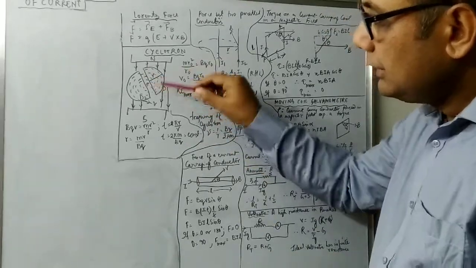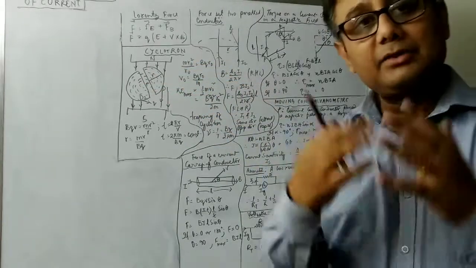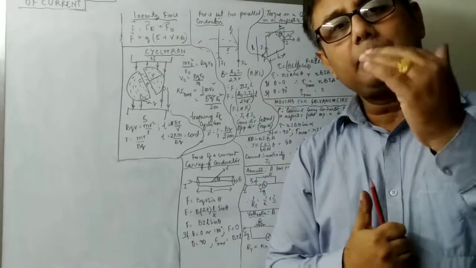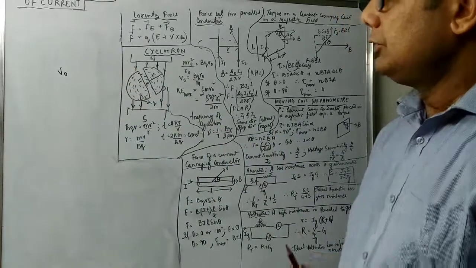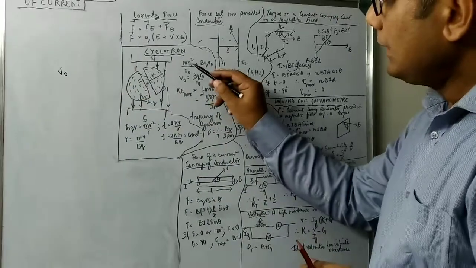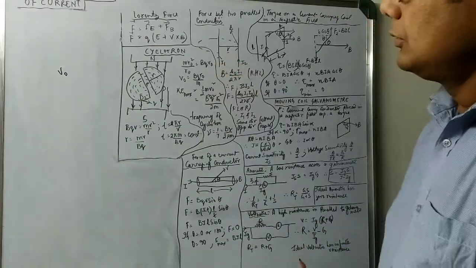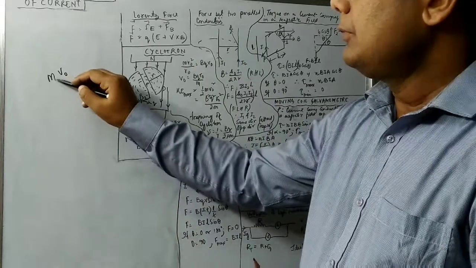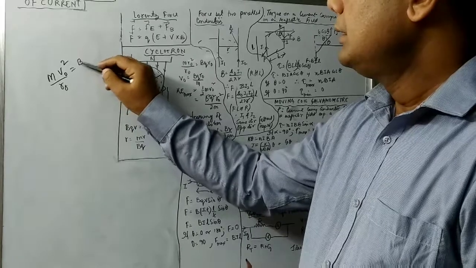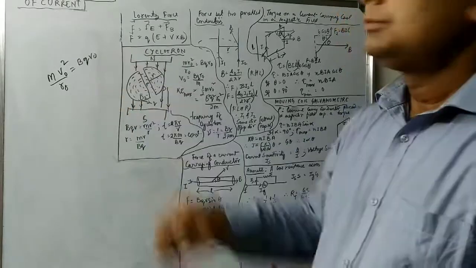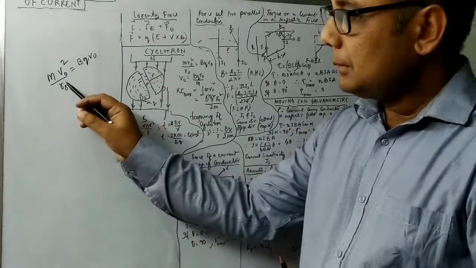So its velocity goes on increasing, and when it comes out, it has the maximum velocity. Let that maximum velocity be V0. So we can write the centripetal force, mv0 square by r0, should be bq v0. The maximum centripetal